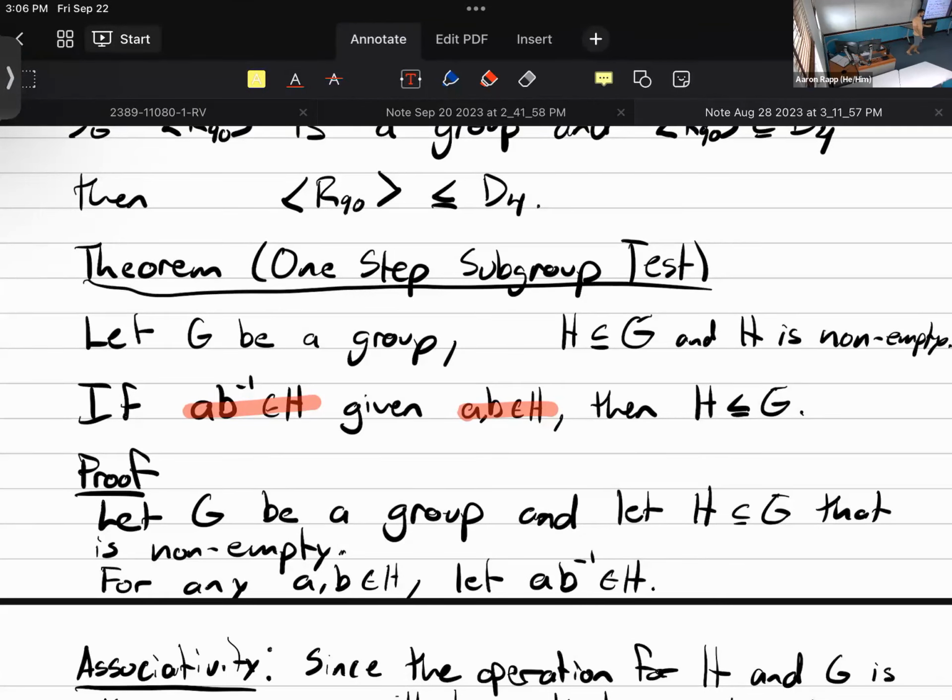Well, subgroups are still groups, right? We still have to have three important properties, which are: the operation is associative, there's an identity, and inverses. I like you to flip those, right? Because without an identity element, we can't talk about inverses. So, associativity, there's an identity element, and once I've established there's an identity element, every element has an inverse.